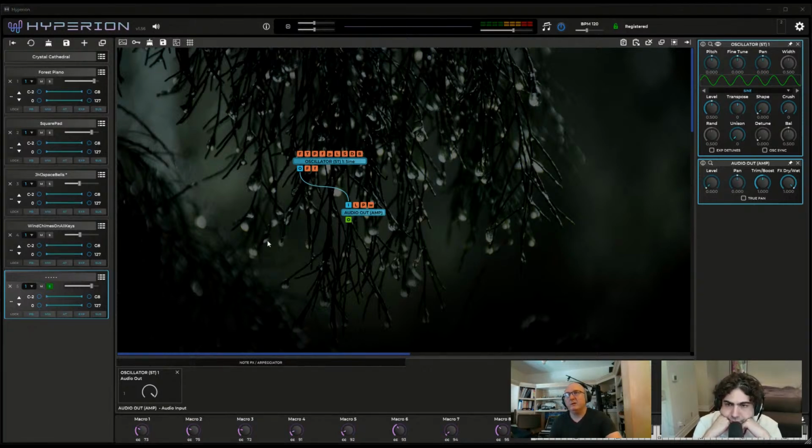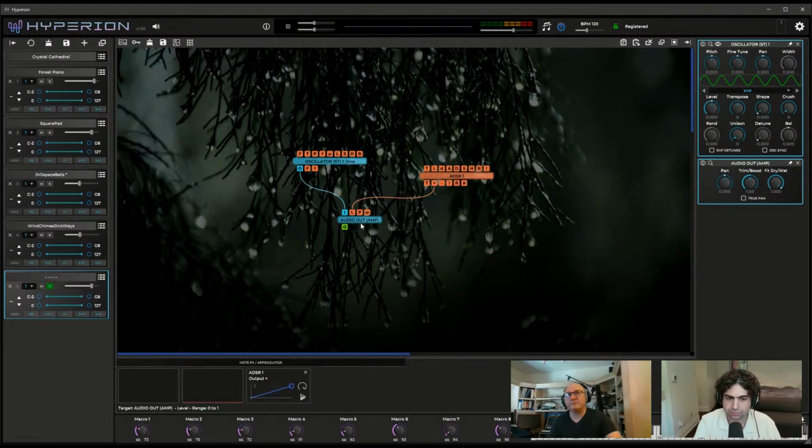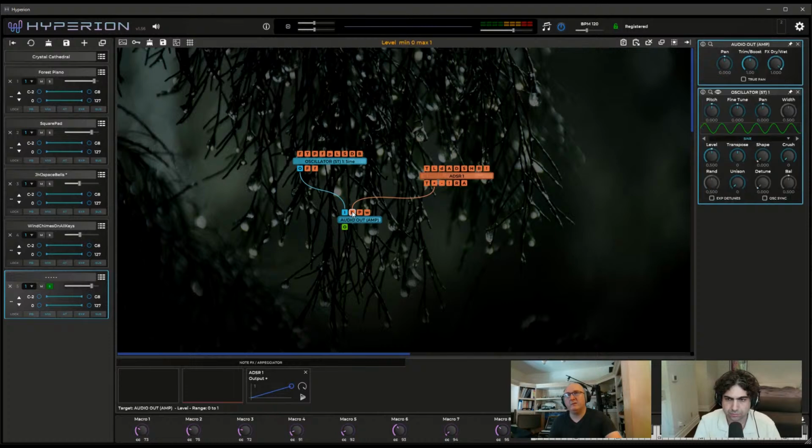I was talking about data nodes. Data nodes are both math processing nodes, but also things like envelopes, LFOs, and various mathematical functions and binary logic that's available here. But if you wanted to make a synth patch, rather than something that's generating a continual sound, you would have an envelope, and you would control the audio output with that envelope. And you see now that I've connected up the level input here,